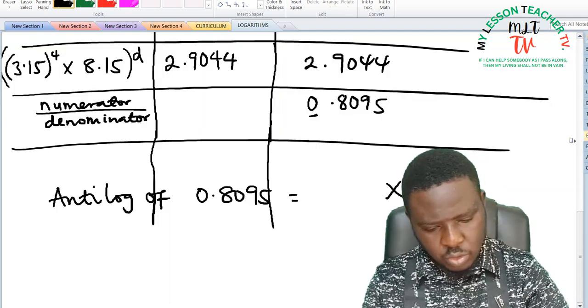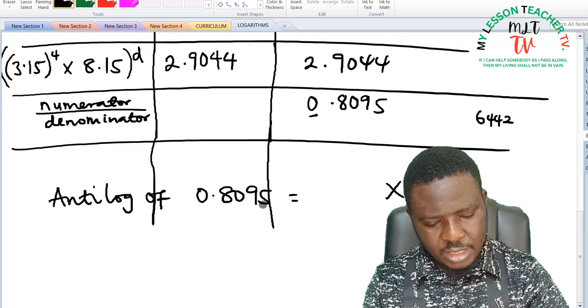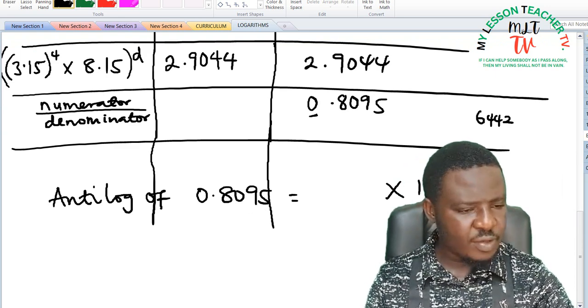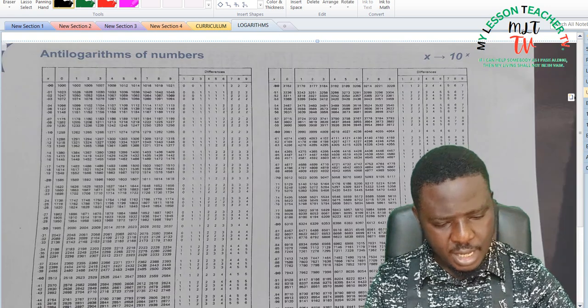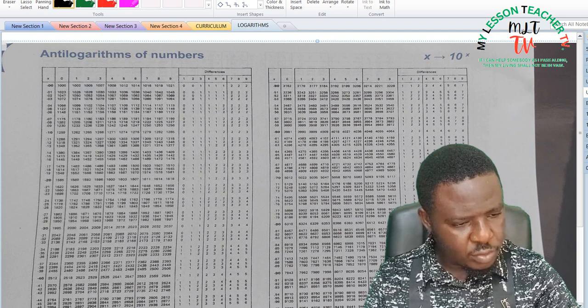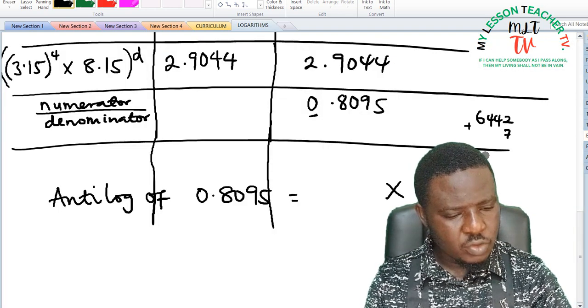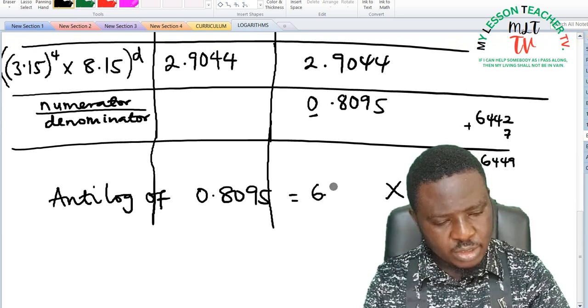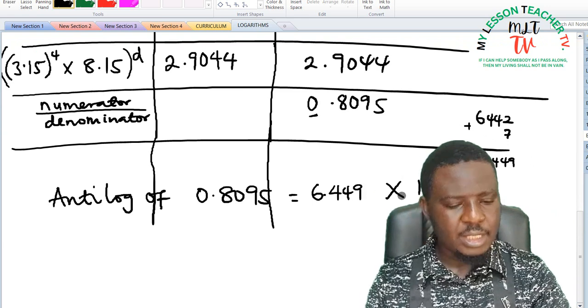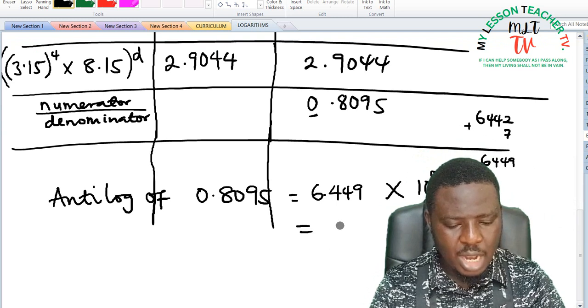0.80 under 9 is said to be 6442. So we have 6442, difference 5. Go back there and look for the difference 5. The value of difference 5 is 7. Add 7 to it, and this gives you 6449. So we have 6.449 times 10 raised to the power of 0, and 10 raised to the power of 0 is 1. So our answer is said to be